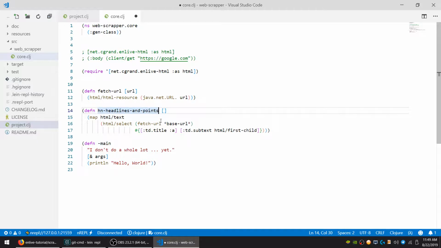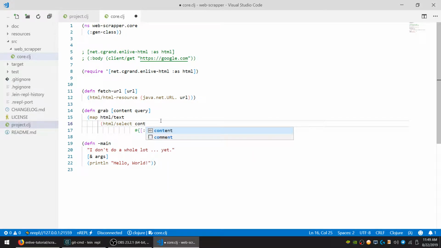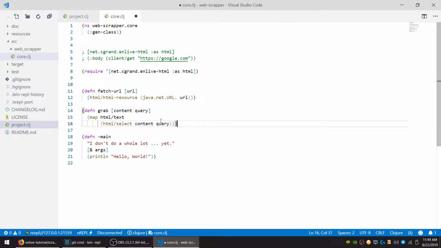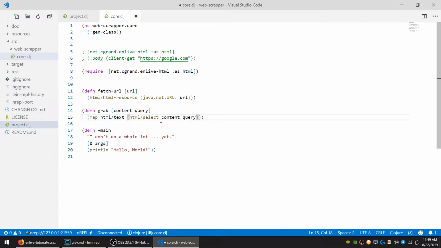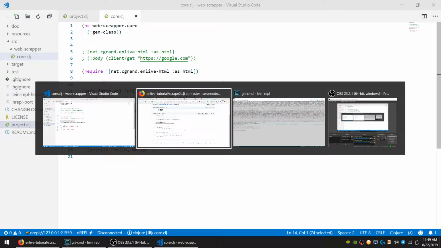So grab, let's call it grab, and it will take content and query, and we will run query on the content and query, and let's delete that for now. Map text. Okay,